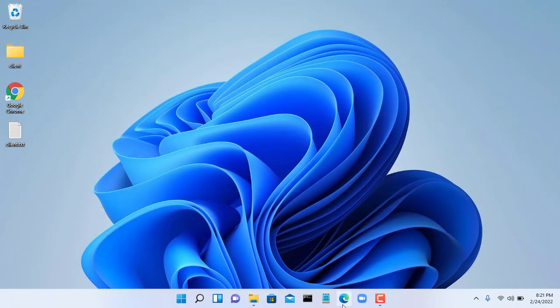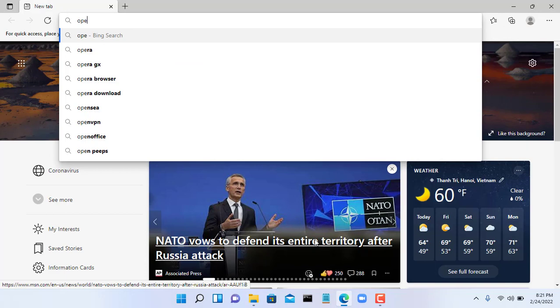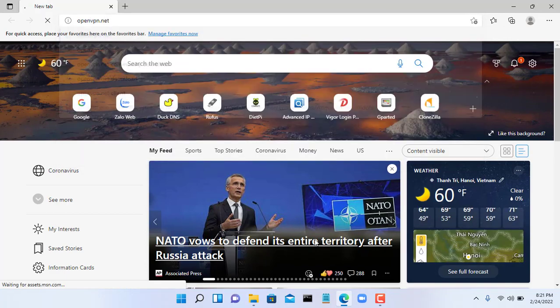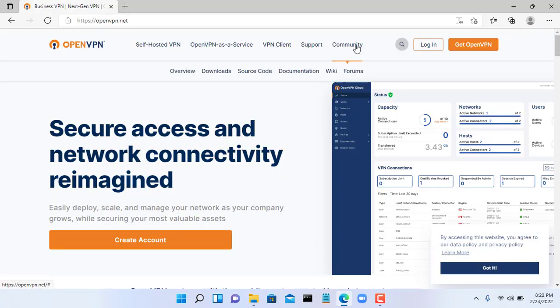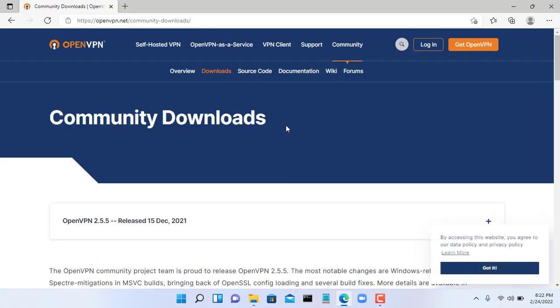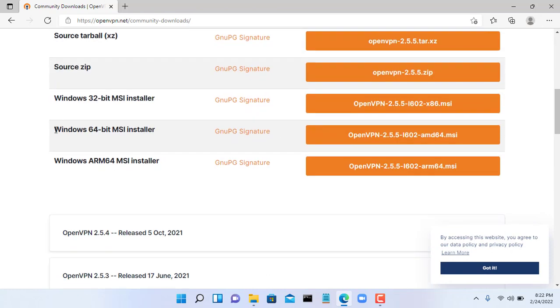As for the OpenVPN client, how do we configure it? This part of the video will help you do just that. You go to the OpenVPN homepage and download the same file as the server.